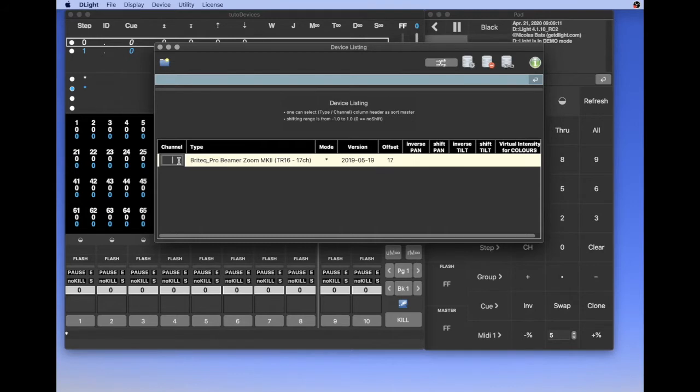You need to give a reference number for your device. Let's say 1, for example. Enter. Now channel 1 is registered in the show as a device. You will see this little square above it that shows you this is a device.